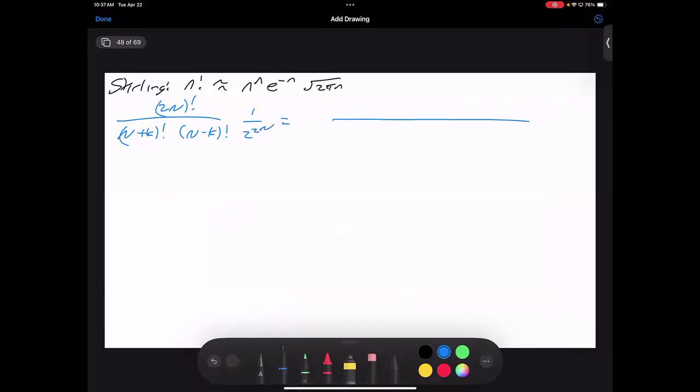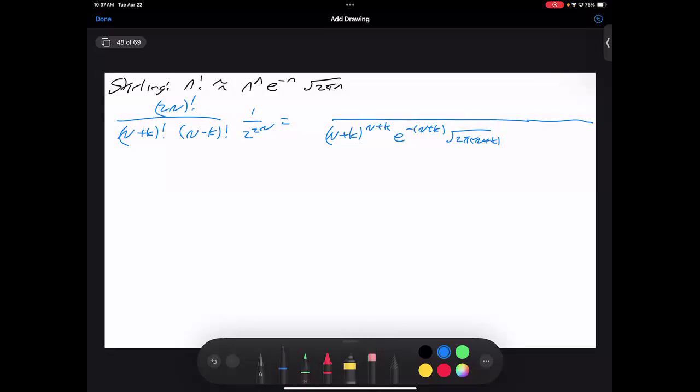All right. So the n plus k factorial by Stirling is going to be n plus k to the n plus k, e to the minus n plus k, square root of 2 pi times n plus k. And then the next one is going to be,